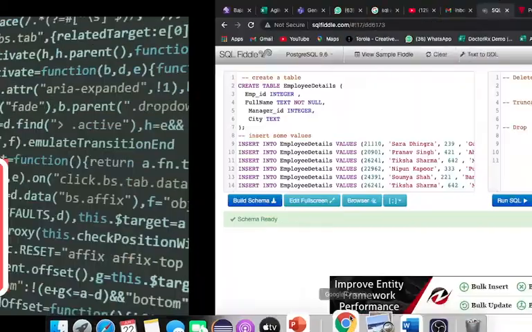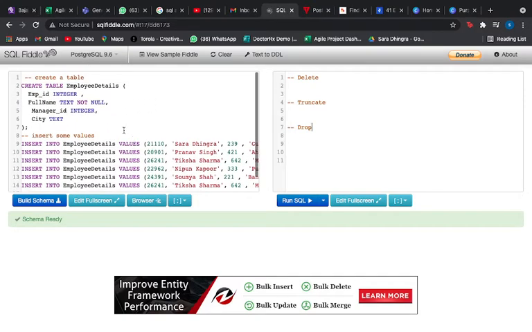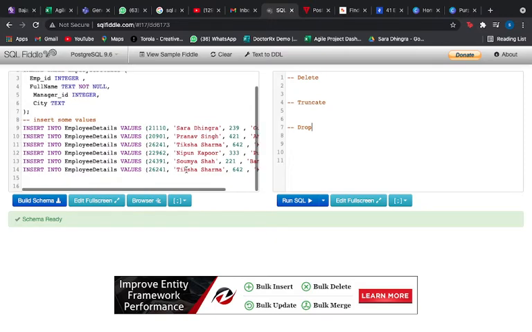All right. I have already created a table. We have a test table for us. It is the employee details table, wherein we have the ID, full name, manager ID, and the city. First I'll just show you how our table looks.